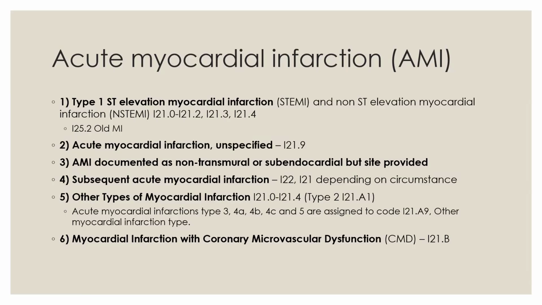Number 3, an AMI documented as non-transmural or subendocardial, but the site is provided. If an AMI is documented as non-transmural or subendocardial, but the site is provided, you're still going to code this as a subendocardial AMI. If you want additional information on this, you can see section 1C 21.3 for additional information